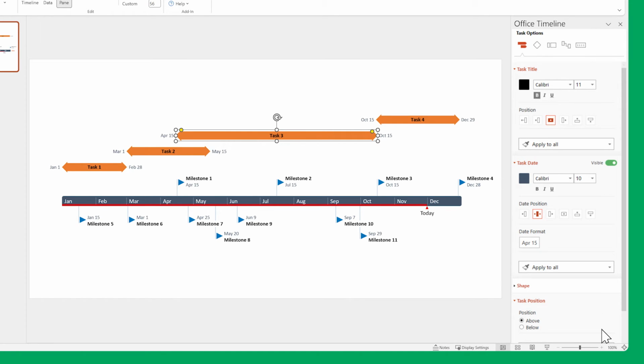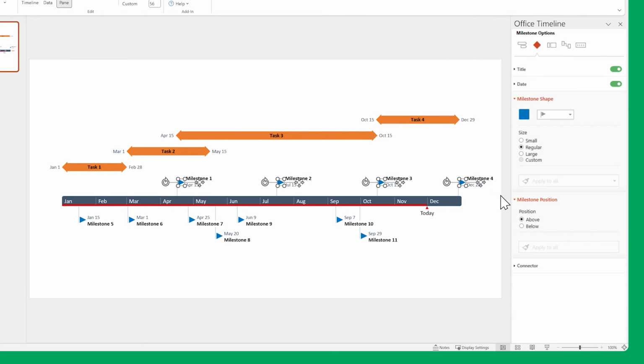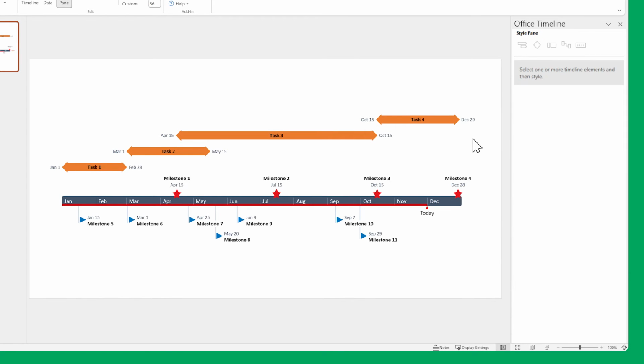There, nice and easy. We can do this to our milestones as well. Drag select some of them, then change the color and the shape. Now select the other ones and do something similar.